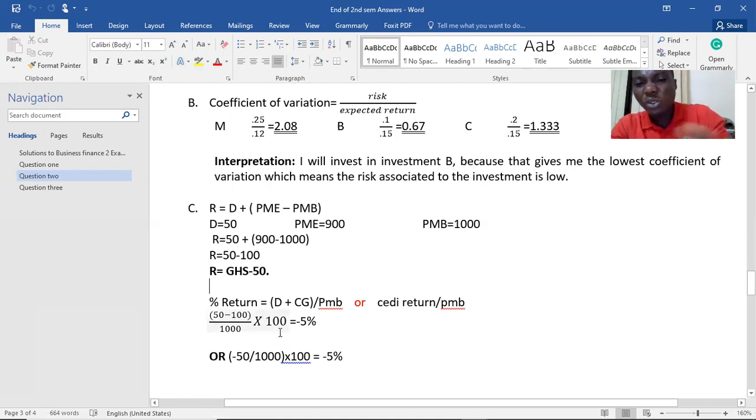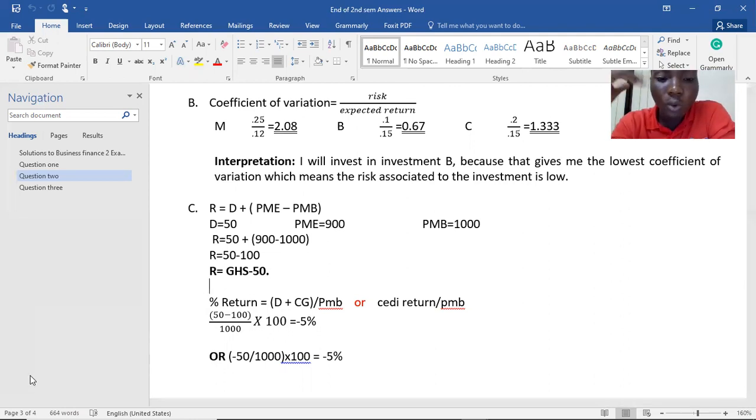There are some of the questions you don't even need to waste more than 30 seconds on. The question you are going to write, under 1 hour 15 minutes, you should be able to finish. You should be able to finish. When I say finish, people will go and be flexing. So under 1 hour 15 minutes, you should be able to clear everything and make sure you go back again,